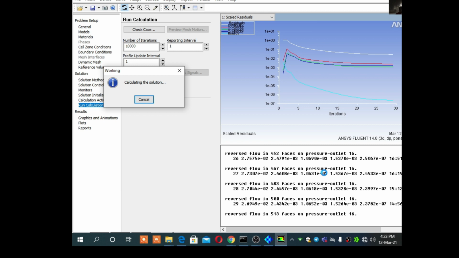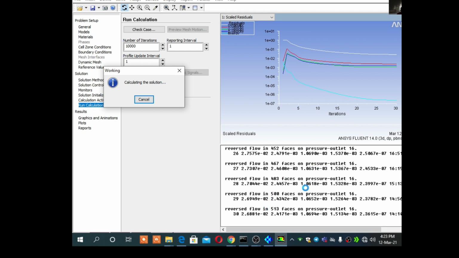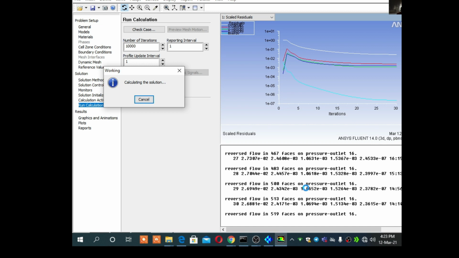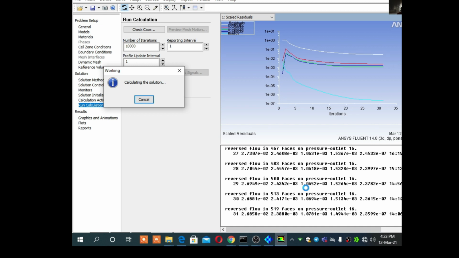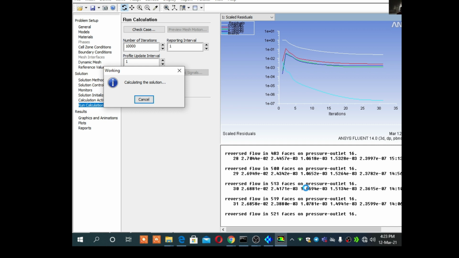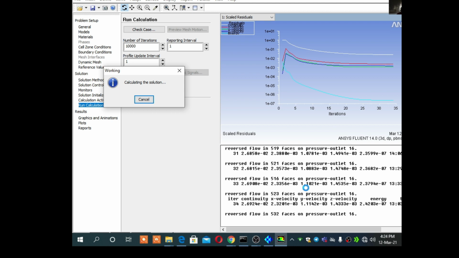So we will wait, e raised to minus 3 up to e raised to minus 3. When e raised to minus 4 comes, at that time the solution will arrive. And I hope you are enjoying this session, because the intention of this session is to solve the heatsink problem starting from scratch.